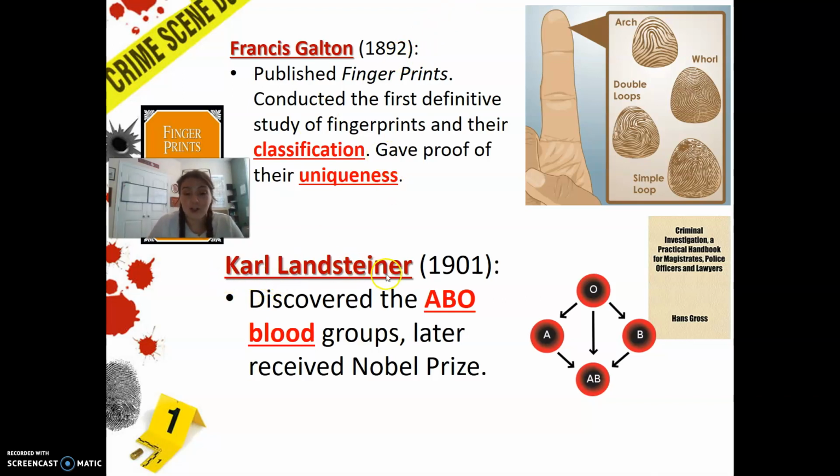Now, Karl Landsteiner is kind of the first scientist that I think of as a big science person of today. Like he's really pushing us into important things that we needed to know about in science today. He discovered the ABO blood groups. So the AB was found just shortly after, but he found the A, the B, and the O. Now, if you didn't know, before this, we really had no understanding of blood groups. We would give people blood transfusions with just anyone's blood and assume that it would be fine.